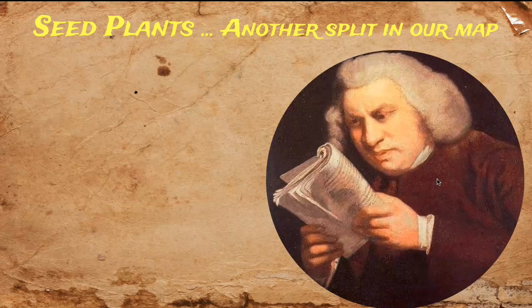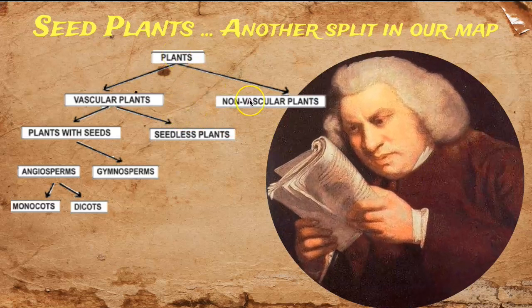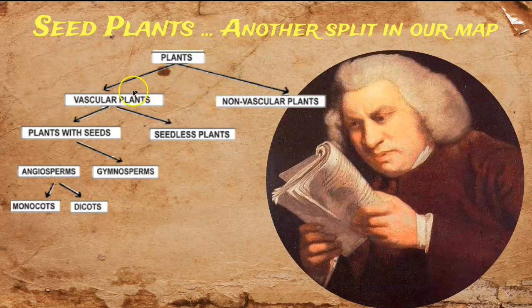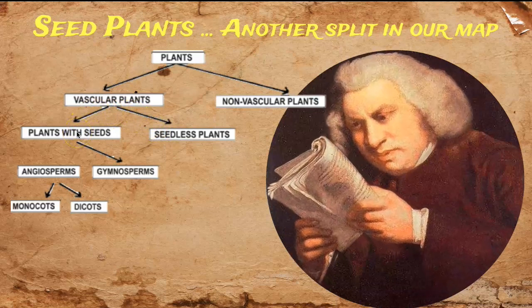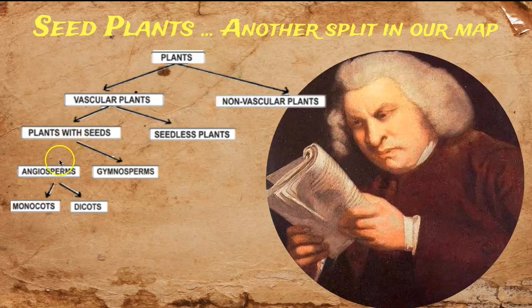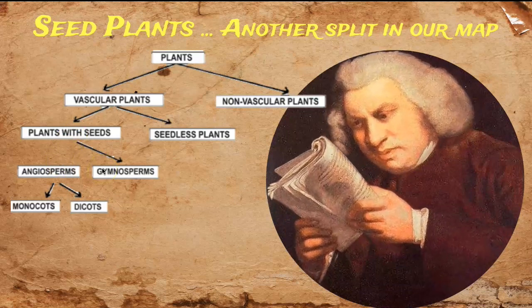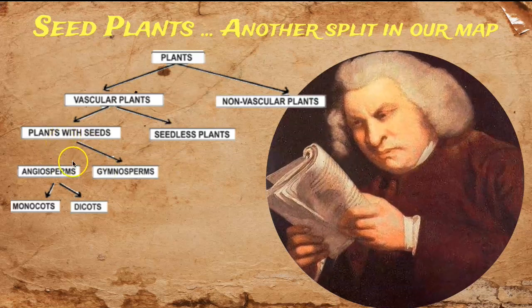Let's just take another minute. Again, if you did not do this already, make sure that you have this down. We've talked about our non-vascular plants. We're talking about our vascular plants. We just talked about the seedless plants. Now we're talking about those with seeds. And so, again, the division we're talking about now, our seed-bearing plant, that's going to be the angiosperms and the gymnosperms. And these are going to be the two large divisions.